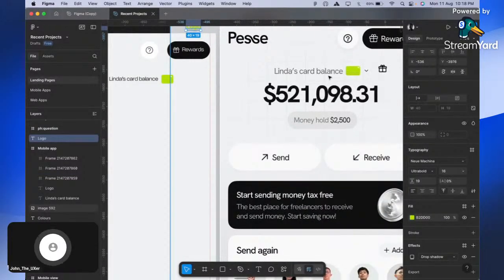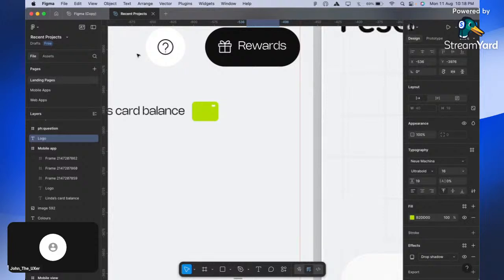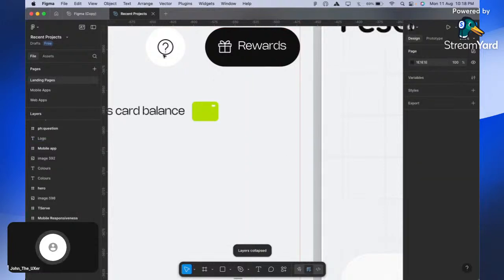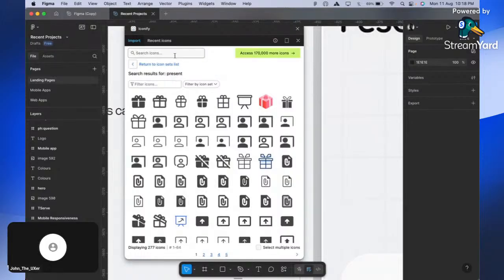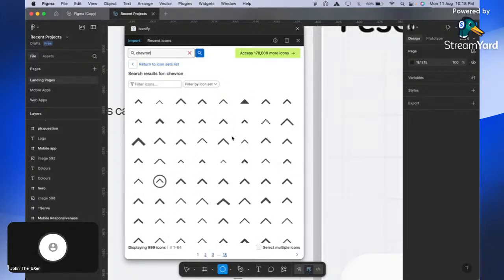Then let's pick the chevron icon. Let's move very fast. For icons, as I mentioned, just come here, Iconify again. So yes, it's called chevron. Some people will say it's drop down, right? But it's called chevron, not the Chevron oil. Chevron. So you just drag this